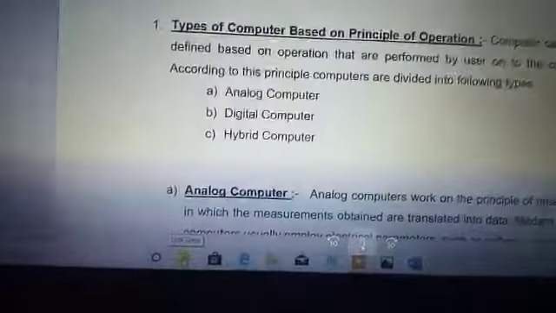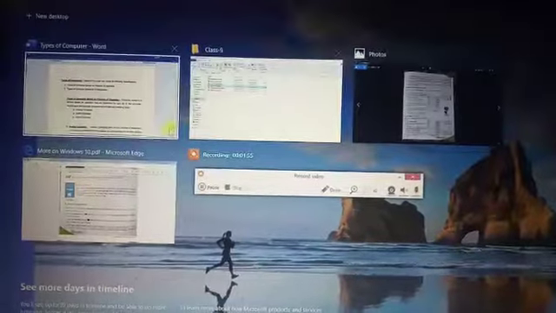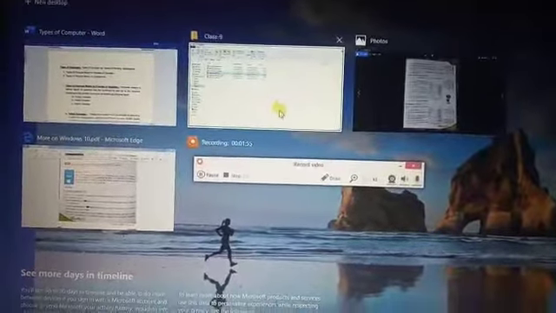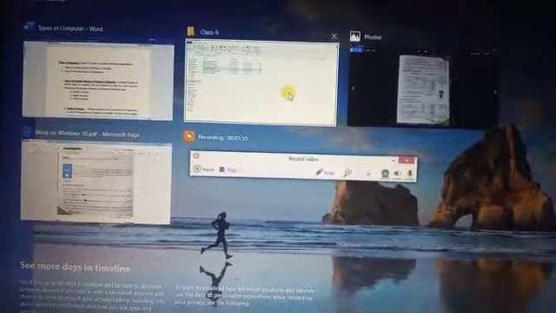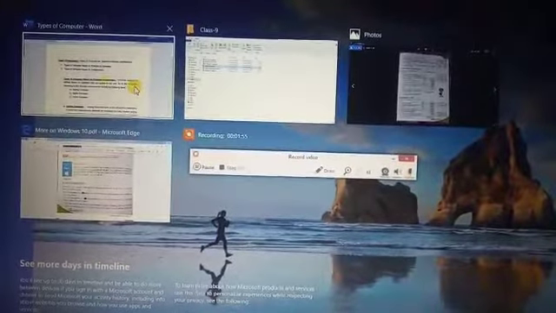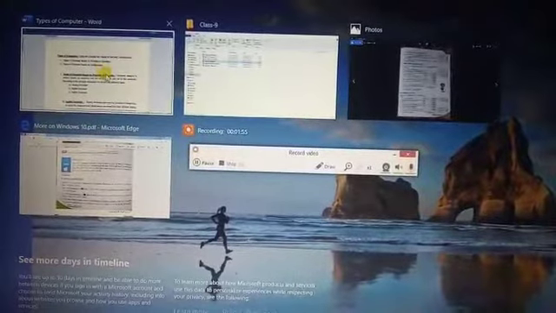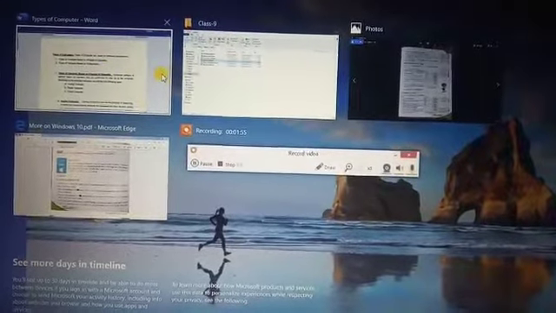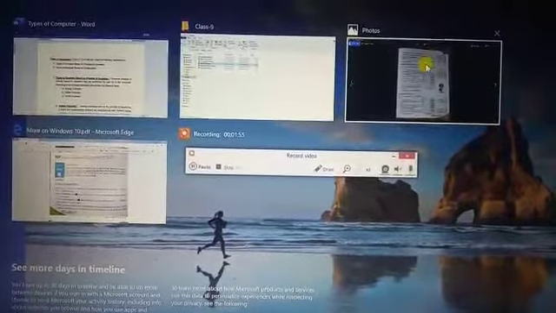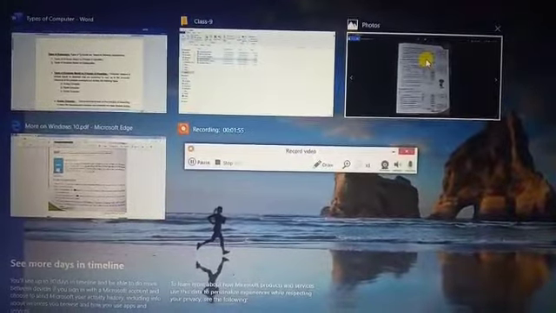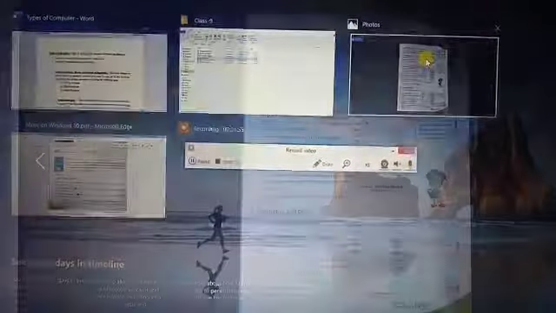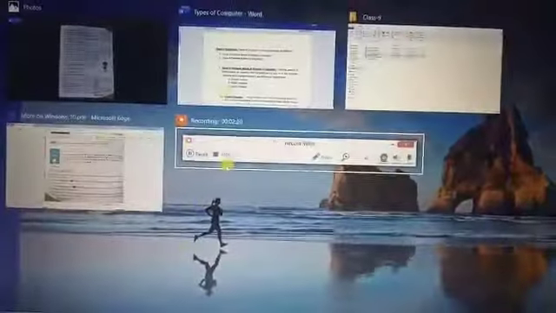This one is the task view in the practical scenario. We click on that. Here you can find that different pieces can be displayed. Either we move here to class 9 or to the types of computer. This is another task, and your PDF files from your notes. These are the parts. We can move anywhere from here. You can just click on this one and move anywhere.